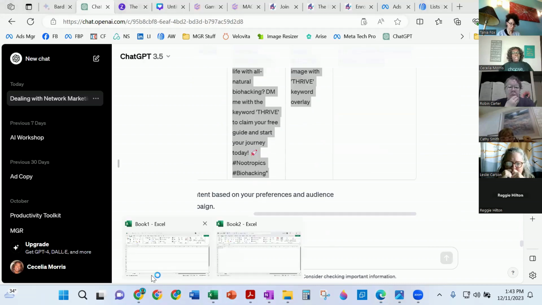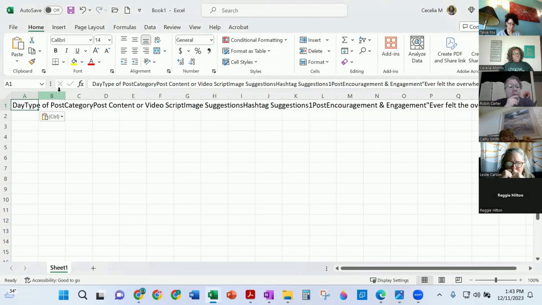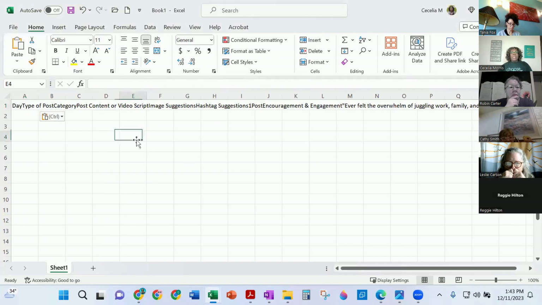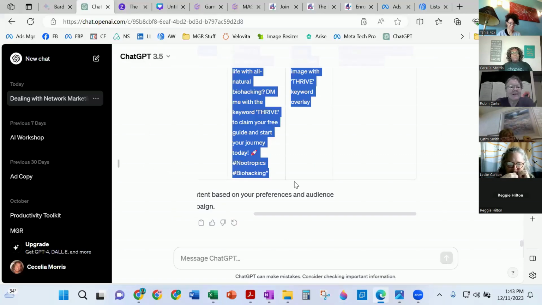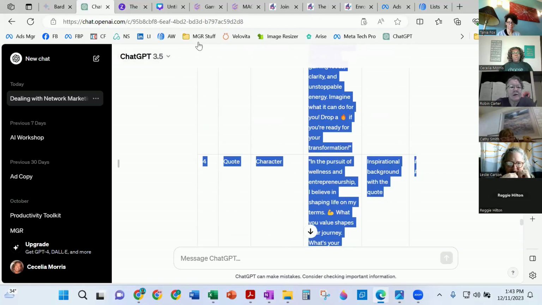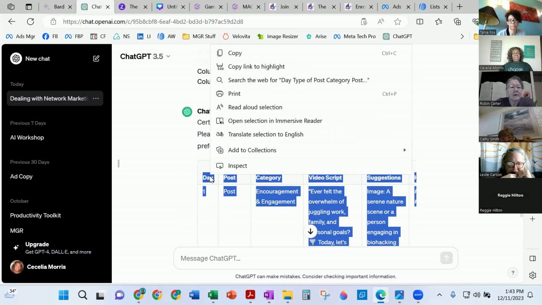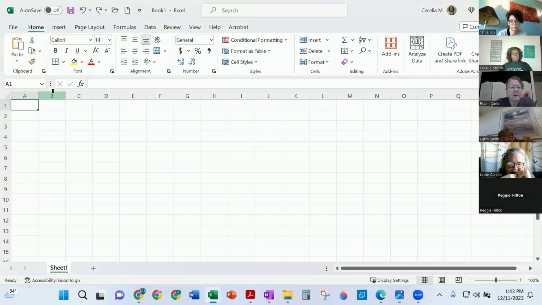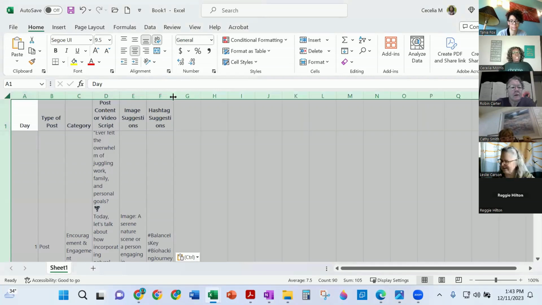I'm going to copy it, head over to Excel, and now it should paste and put it in columns. Nope, not that one. You want this one. It's still not doing it. I'm so sorry. This worked so well yesterday. Let me try to figure this out. Give me a sec. Why is this not copying and pasting in table format? Give me a moment. See if I can figure out what we got going on here. Copy. Head over to Excel. There we go. I did Control V, and then it pasted just fine.